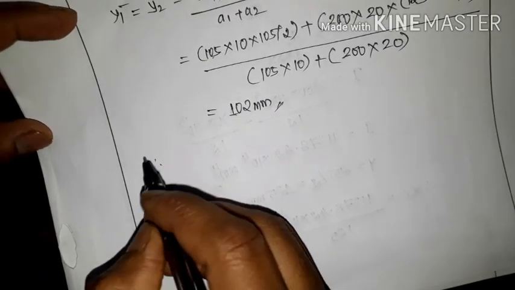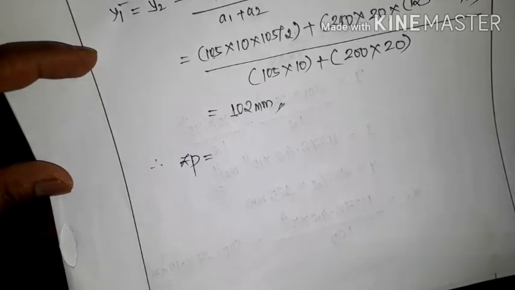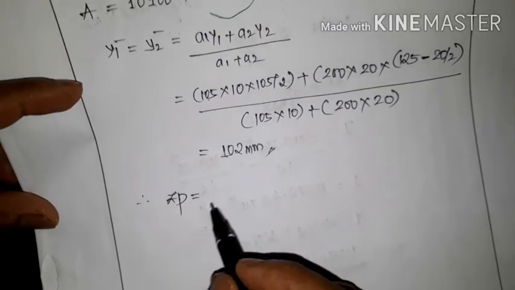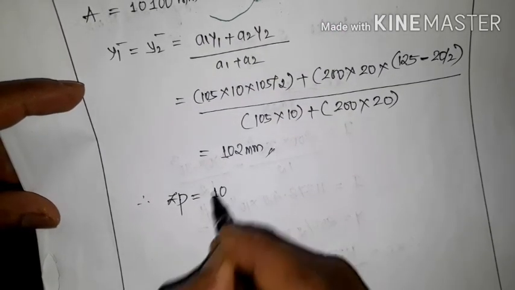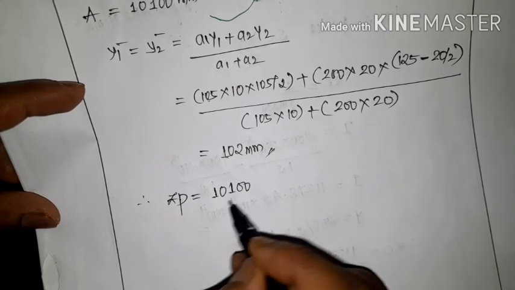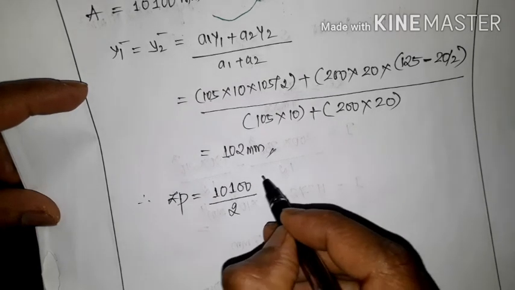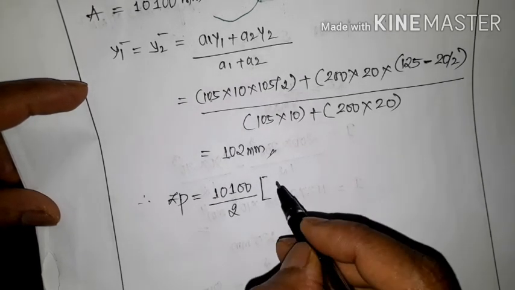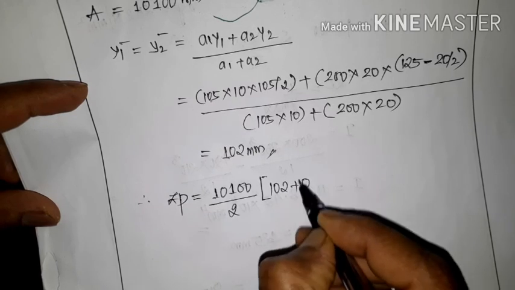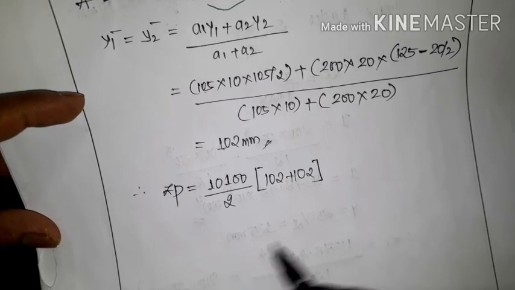Zp is equal to, first of all, A by 2, so A we have got as 10100, divided by 2, into y1 bar plus y2 bar. Y1 bar is 102 plus y2 bar is also 102, y1 bar plus y2 bar. So we'll get this as